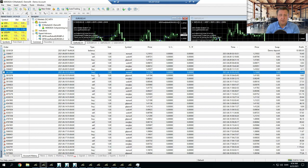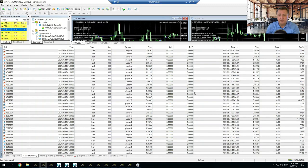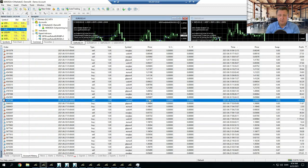And you can also see that now all of a sudden you have both buys and sells. So again, different settings, different risk factors, and obviously also different profits as you go along. On this particular one, you will find that this one here is actually a loss. So you can see a loss of